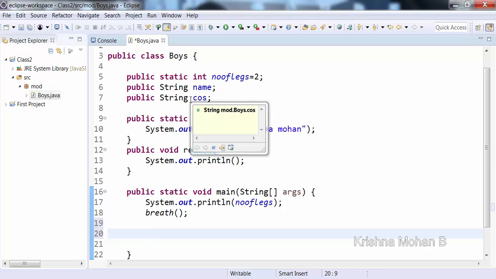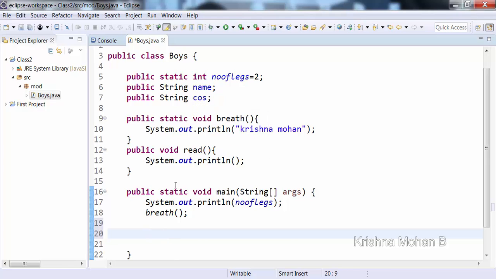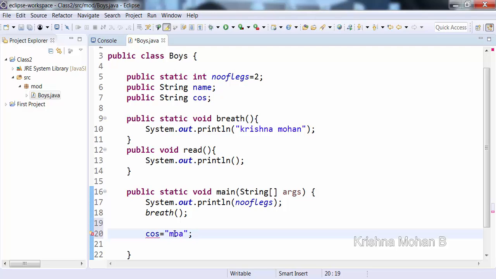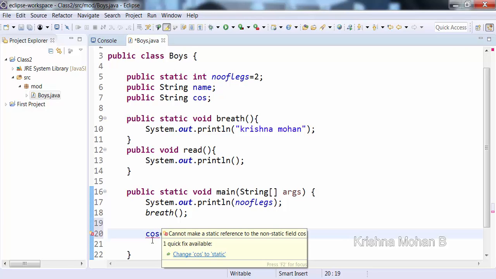But not inter, I wanted to give MBA to this variable. So what I will do is, this is a variable, so I will give COS is equal to, this is a string, so MBA. Can I directly give this like this? No, it is showing some error message. You are saying okay, load MBA in COS, but actually,